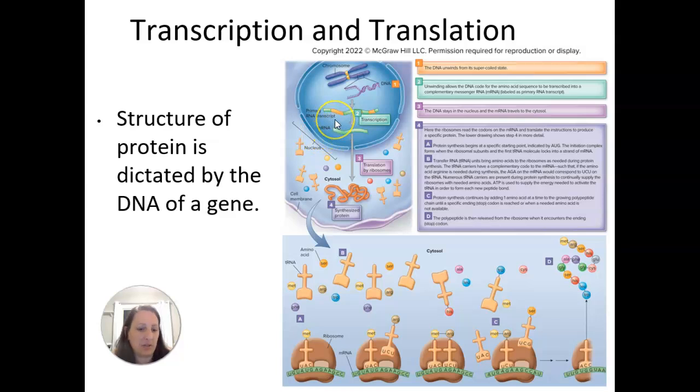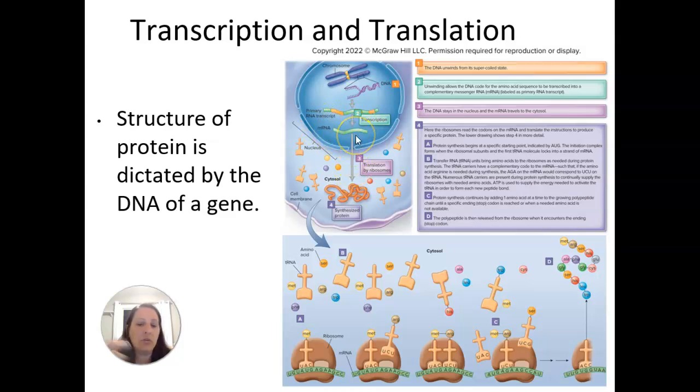That M stands for messenger. Okay, so this is a mobile copy of a gene. The DNA can't leave the nucleus, and so that's why we need this mobile copy. It needs to go to the cytoplasm because that's where protein synthesis takes place, out in the cytoplasm or cytosol. DNA never leaves the nucleus, usually. In a dividing cell, it will, but we're not talking about dividing cells. So the DNA is going to stay housed in the nucleus, but the RNA, mRNA, can go out to the